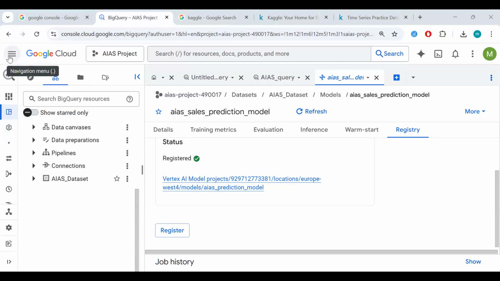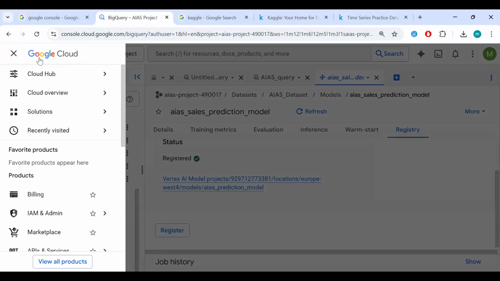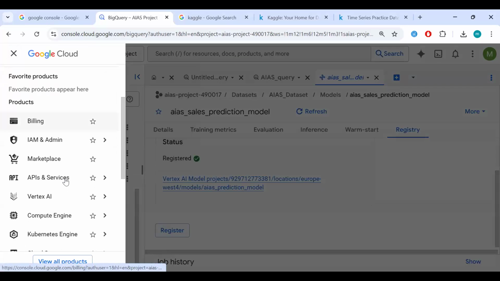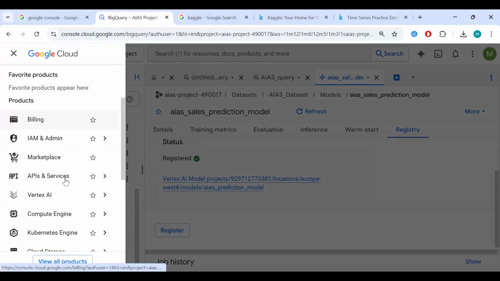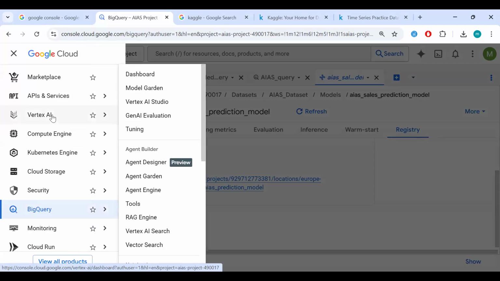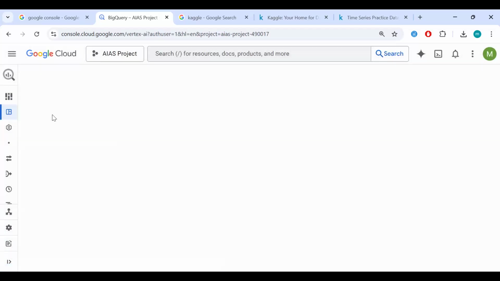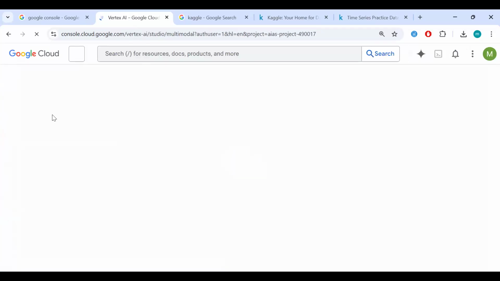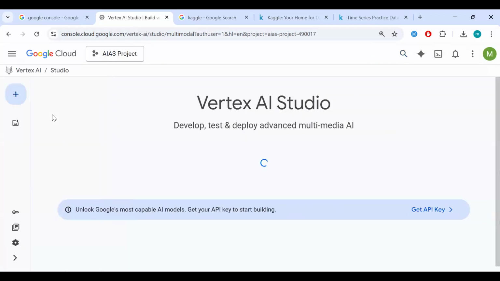All right, so now we go back to the Google Cloud main sidebar, and we look for, as you can see, we have BigQuery here. So now we just look for Vertex AI. In Vertex AI, we'll deploy a foundation model, we'll experiment with some RAG, and then we'll also interact with that foundation model, right?